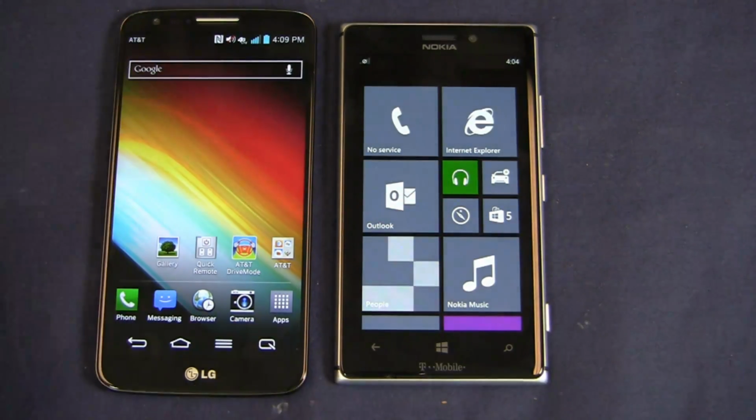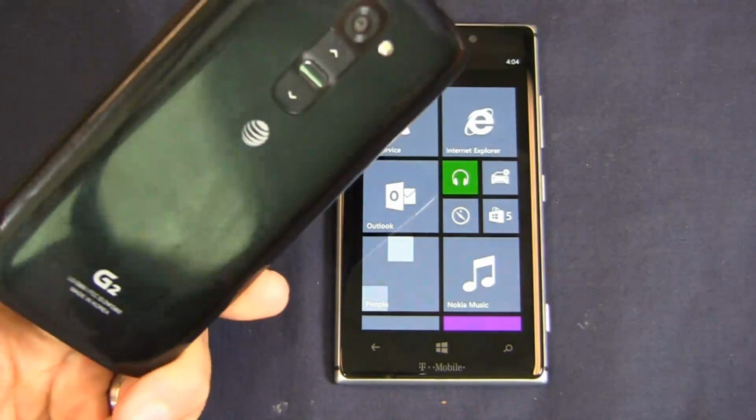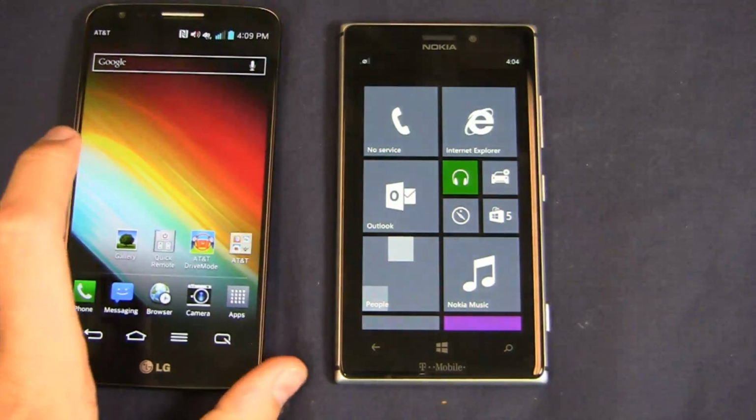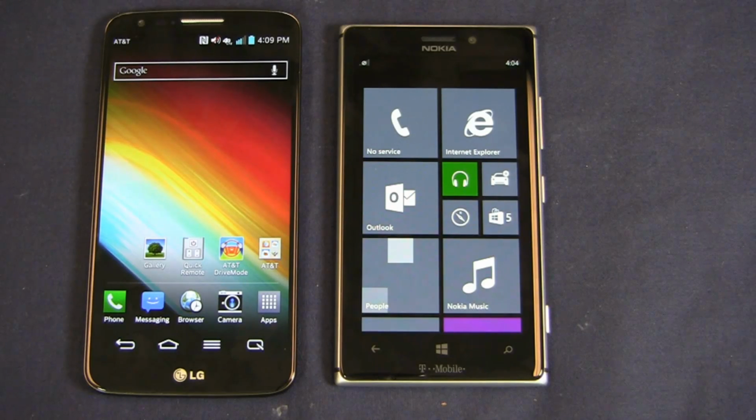Then you got the G2 over here, definitely a top 3 Android contender. Fantastic screen, 1080p looks great, the camera's awesome, the battery life here at 3,000 milliamp hours, really nice all around, fast charger, and a great contender as well. Overall, somebody's going to win the dogfight, so the winner of the battle is the LG G2,